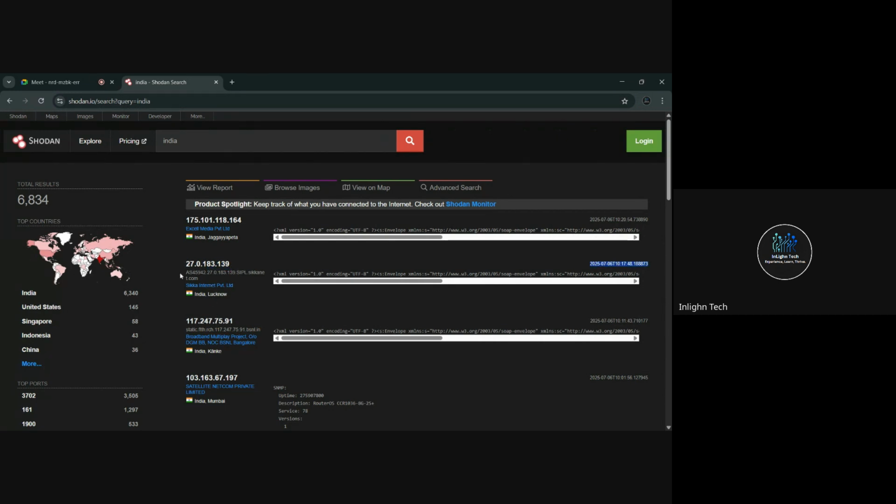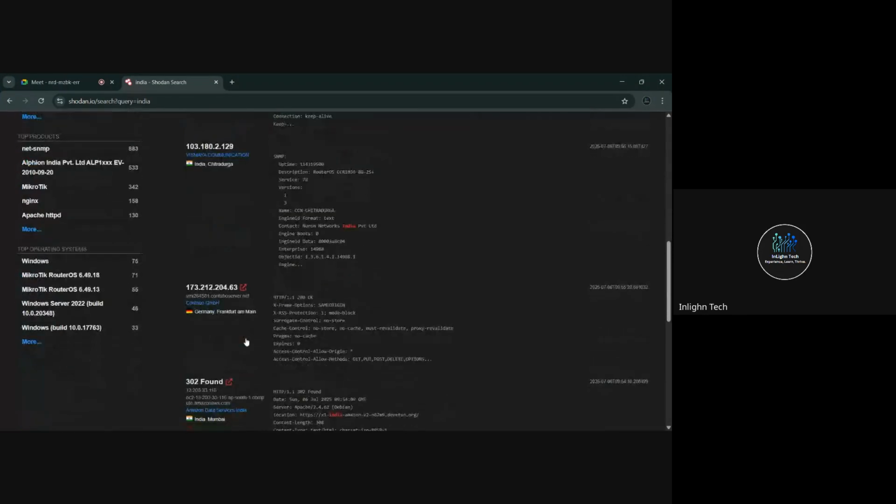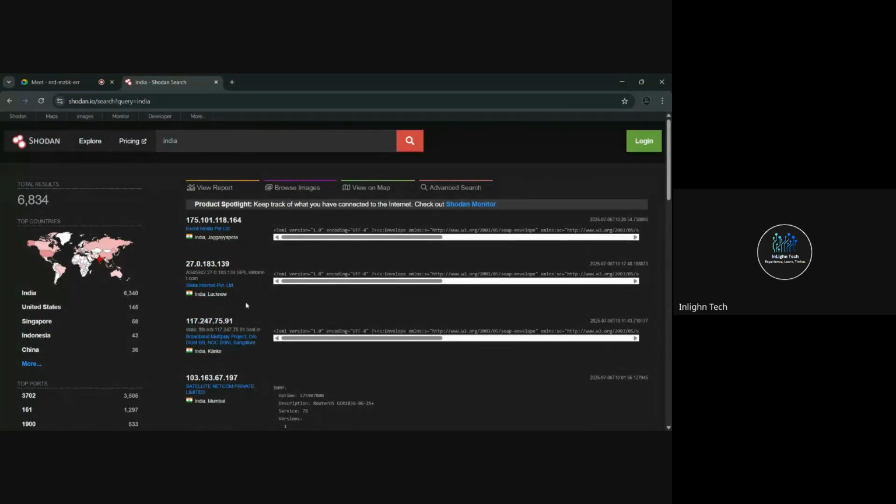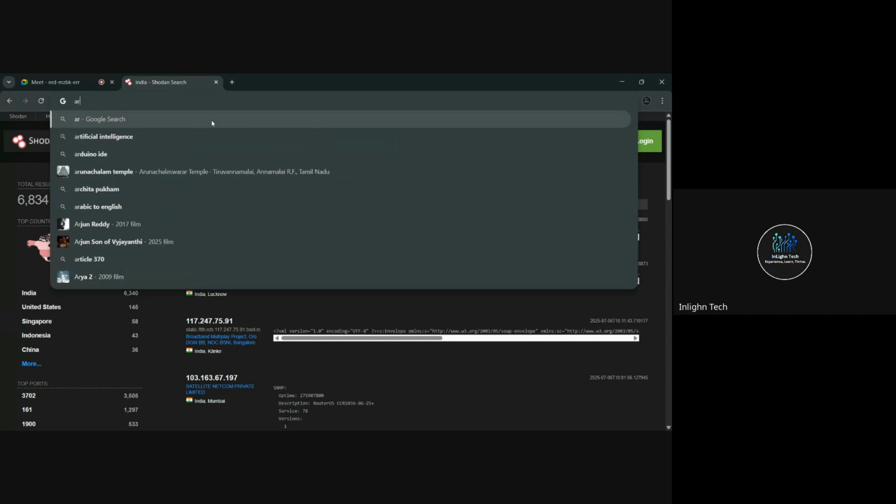We have got the IP addresses of vulnerable websites. All these IP addresses which we can see here can be exploited in the right manner. Mostly they are not HTTPS, they basically run on HTTP servers and HTTP port numbers only. Okay, so this one is the first one, and next is